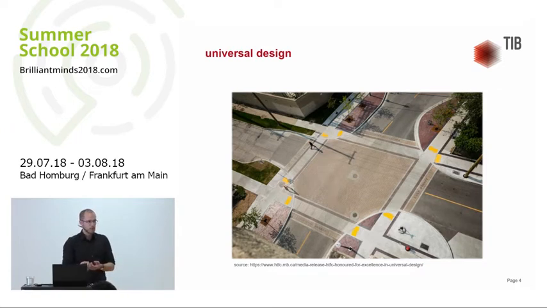And if your target group is people that want to work in a quiet place and get information, you shouldn't build a swimming pool. So you should think about your target group, what you're doing, but you can apply these ideas of universal design to both the public library and the public swimming pool.